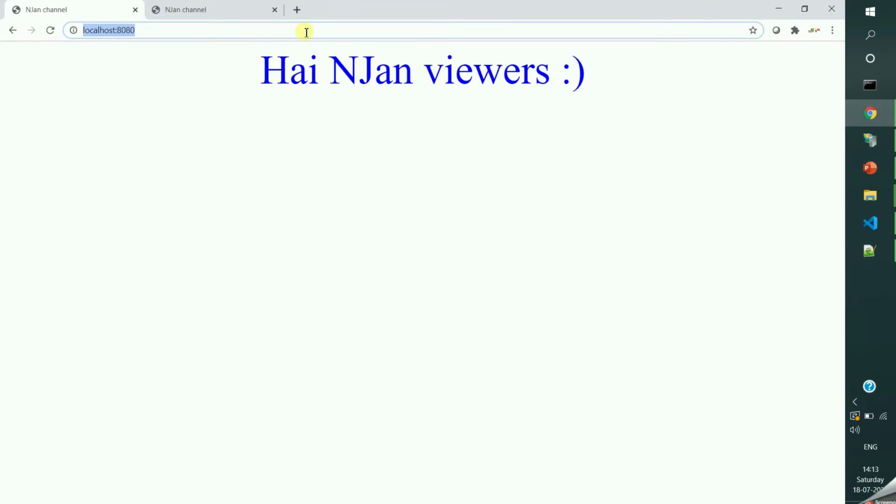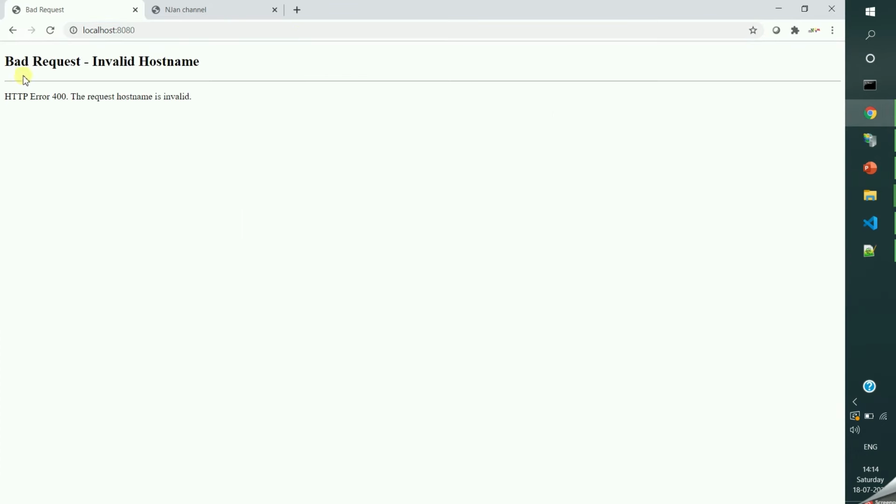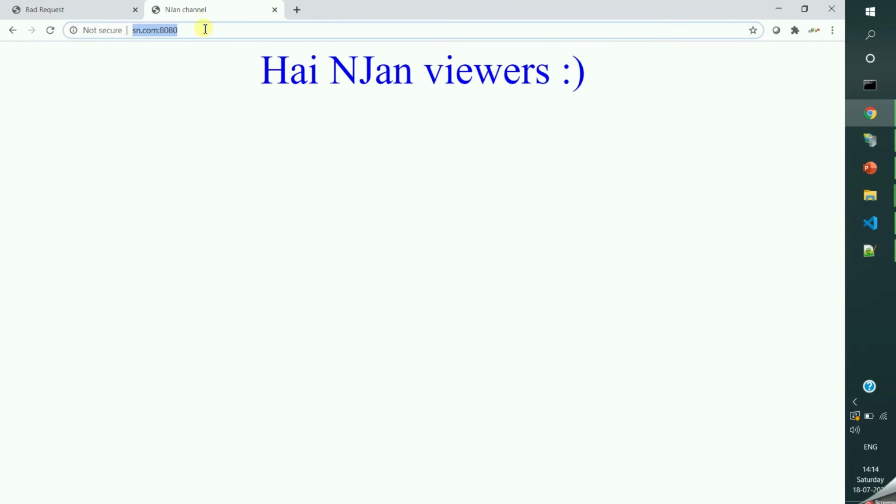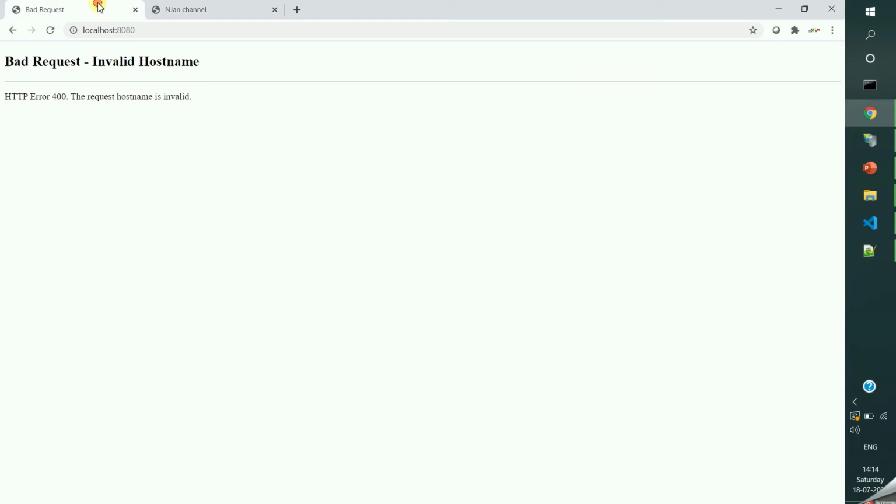Okay, right now I changed it at the IIS level. So let me now run this. Bad request. Okay, let me check this one. It is running. You got the point? If you are not specifying the host name in IIS, you can access using localhost and even 127.0.0.1 or your local IP.